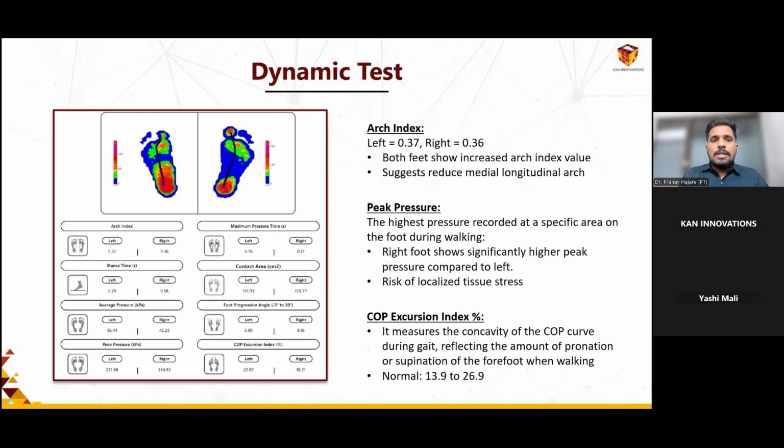Correct. On the right foot, there was a significantly high peak pressure, as you can notice. Peak pressure is nothing but the highest pressure, the point where the highest pressure was there, and how many kilopascals of pressure was on the foot. This will be noted in the peak pressure values. So in this report, it suggested the right foot had a significantly higher peak pressure, indicating there can be a